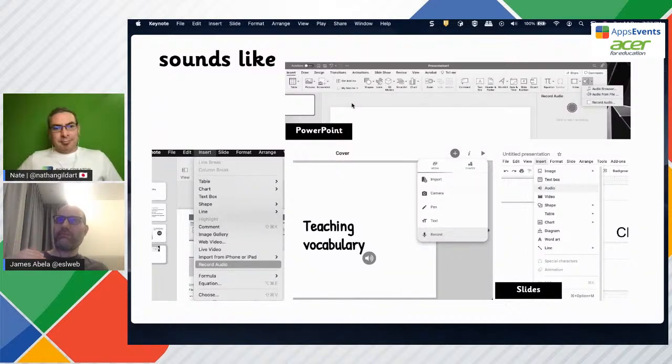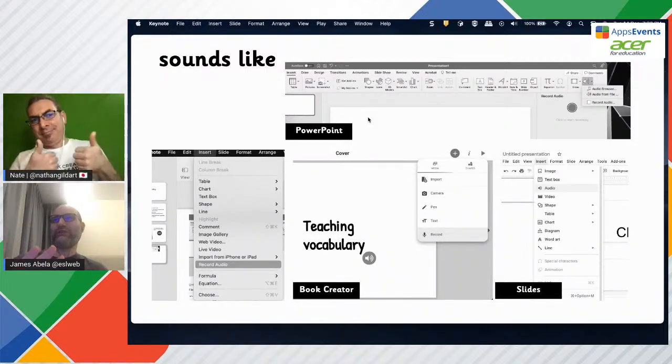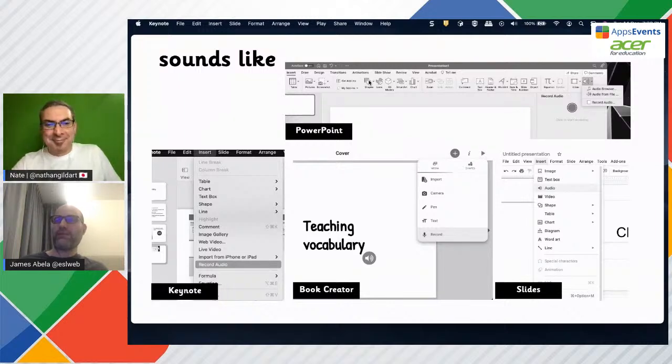The next one, Slides. Slides is good for a lot, and it is possible to use Slides, and you can put audio in, but it's quite a long and complicated process to put your audio in, because you have to upload the file, you have to put the file in, you have to do a bunch of extras. It isn't the best. Guess what I'm going to say is better if you're on a Chromebook than Slides for this? Tell us what's better than Chromebooks and Slides. Book Creator. For this particular purpose, Book Creator makes it so easy to record. It's a no-brainer, okay?